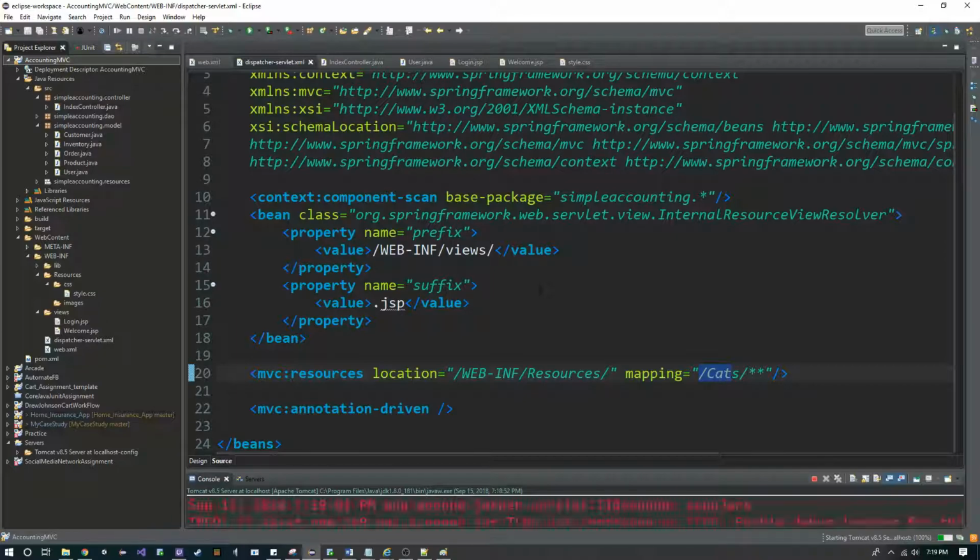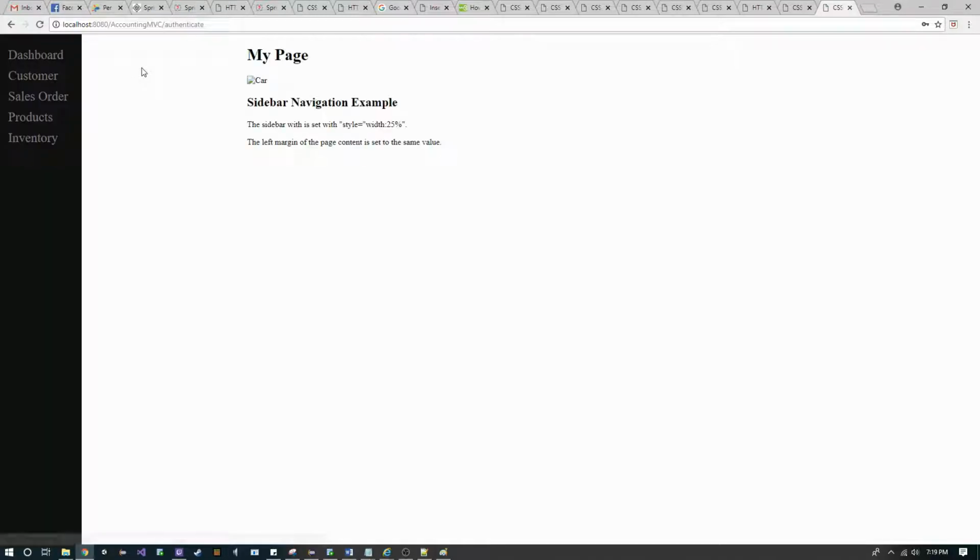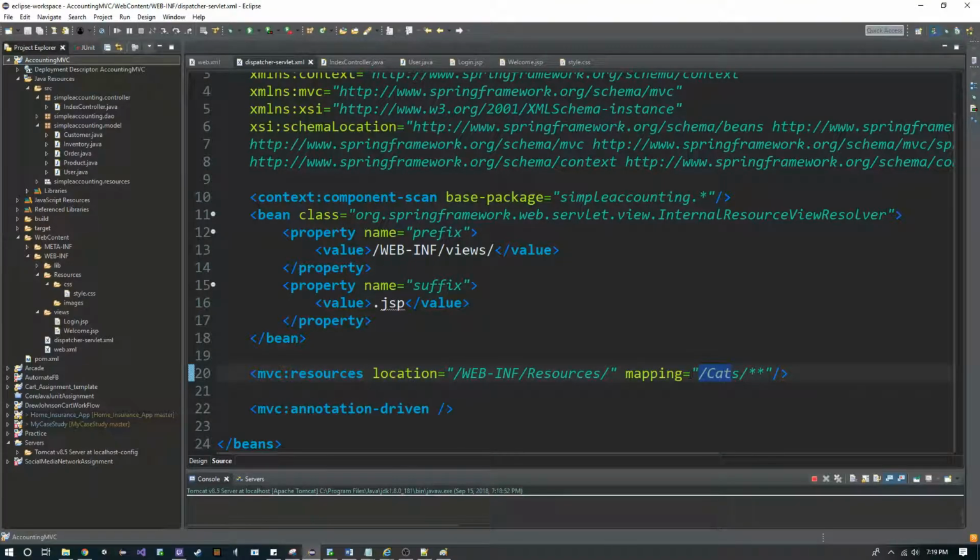Show this running. And it still works, even though I've changed it to be cats, which makes no sense. It still works, and that's the point. This is just some way to shorten up your file structure, because cats is a little bit nicer to type in than web-inf resources, right? And that's going to be it for this video. Well,